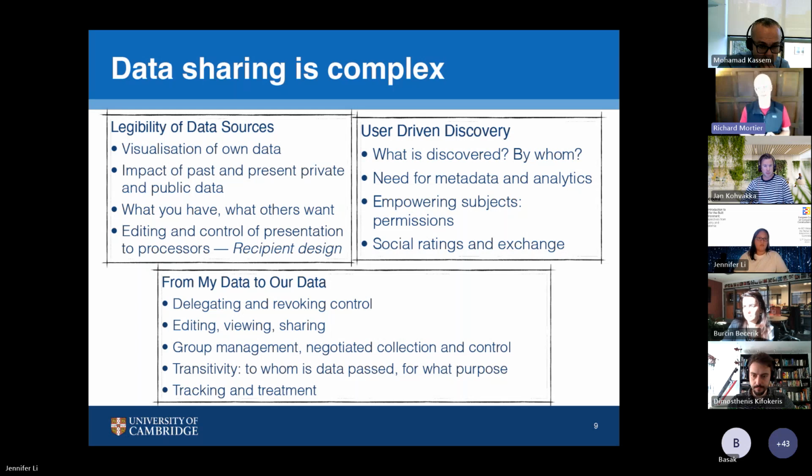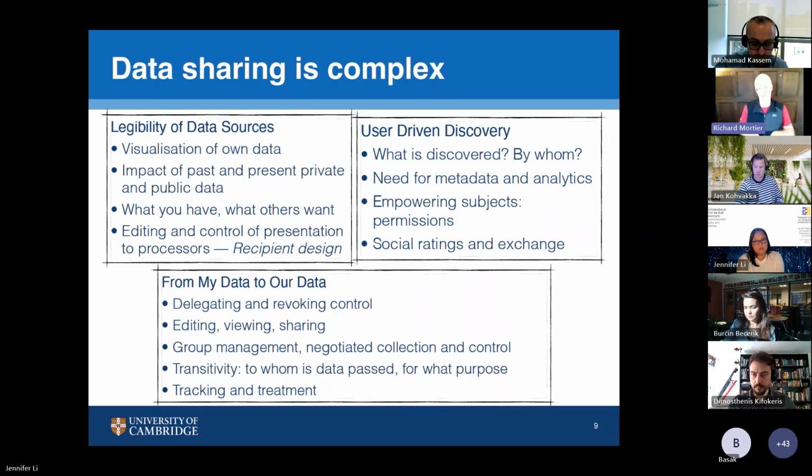This pointed, I think, towards a need for metadata standards around data sources and data processing as well, for analytics to work out who's using what, how much they're using it, and when they're using it. It would also potentially allow data subjects to exercise control, through some kind of permission system around whether you are specifically able to use this data about me for the purpose you're trying to use it for. There may be other techniques, like social ratings and data exchange, the ability to do more than simply say yes, you can have access, or no, you can't, that would assist with that discovery process.